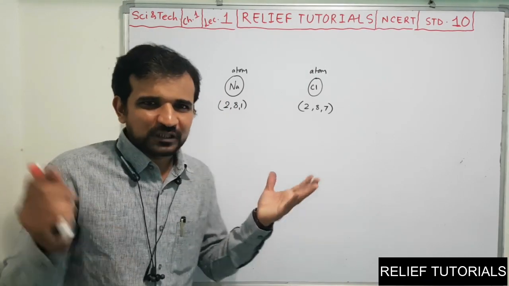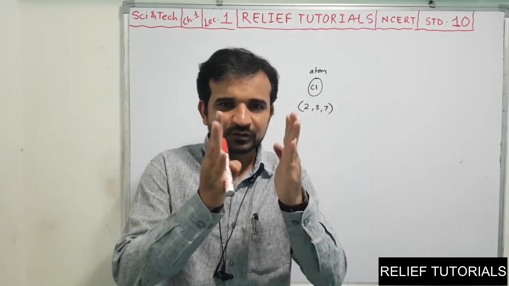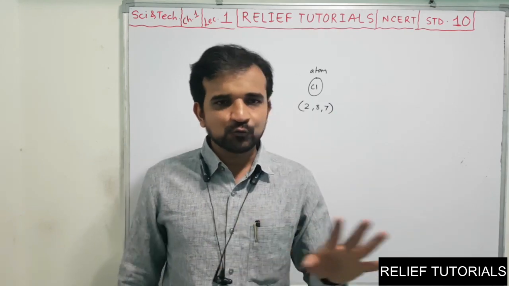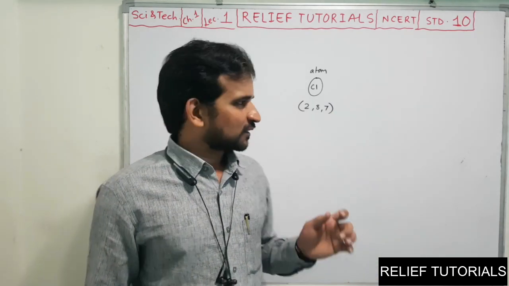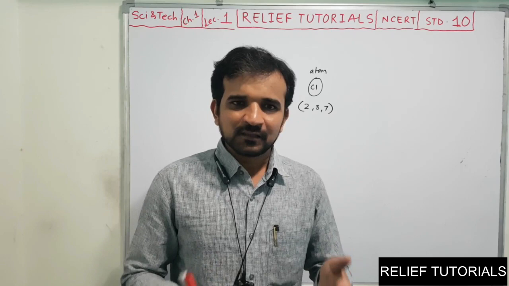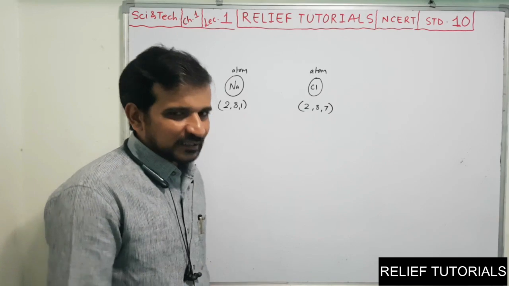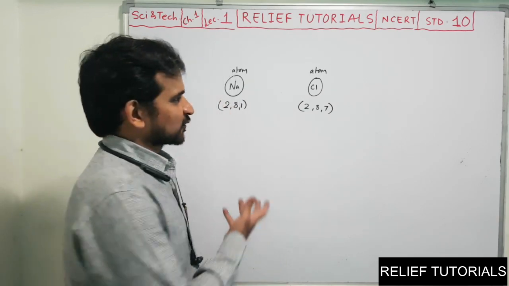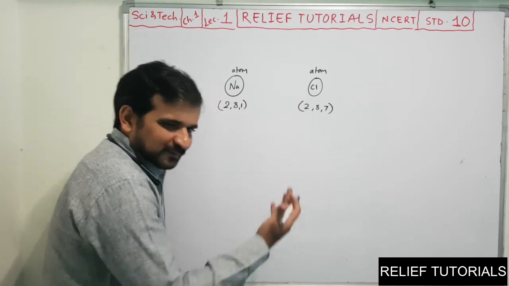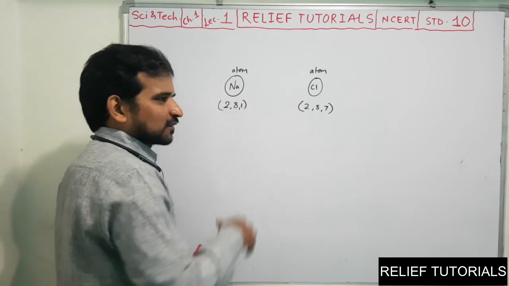You just provide the necessary conditions. See, it is not so that sodium is here and chlorine is here. One has a tendency to lose one and the other has a tendency to gain one, and they come closer. When they strike, an electron transfers from sodium to chlorine. It is not too easy. The process is quite simple, but the occurring of the process is difficult. We have to provide certain factors, sometimes some temperature, pressure, light, whatever factor is responsible for this happening. Let us consider that we have provided all the necessary conditions for the reaction to occur.